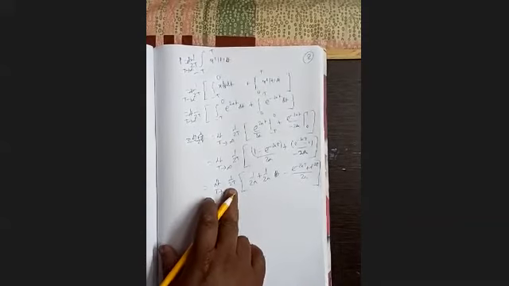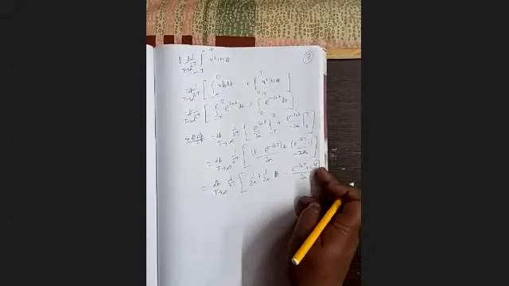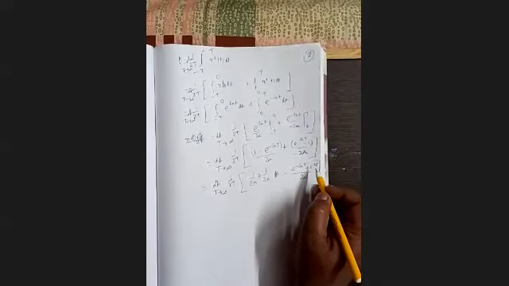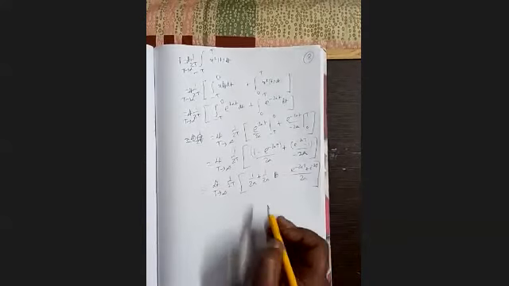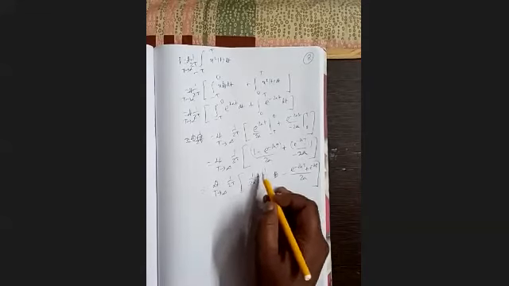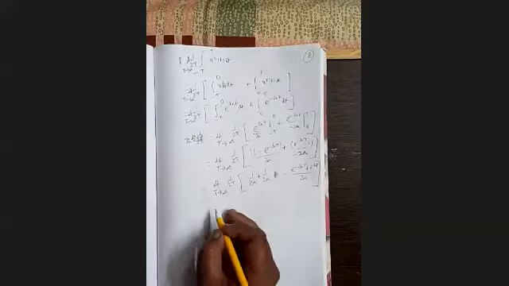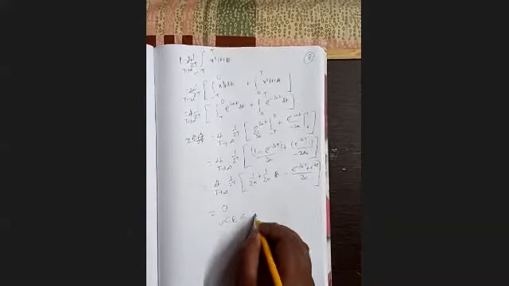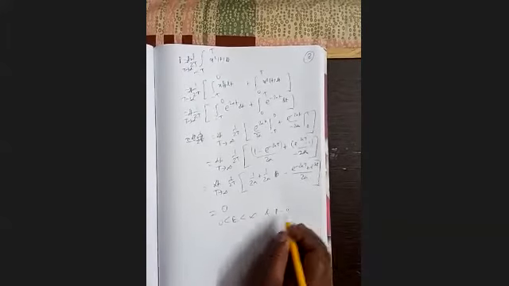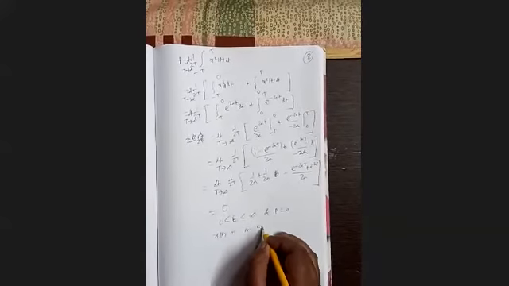Now as t tends to infinity, this part is 0. e to the power minus infinity is 0. And it will be some finite quantity by infinity. Finite quantity by infinity, that part is 0, so total is 0. Therefore, our energy is finite and power is 0. So x(t) is an energy signal